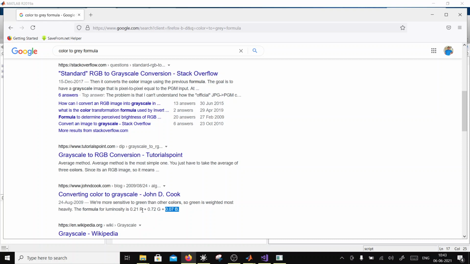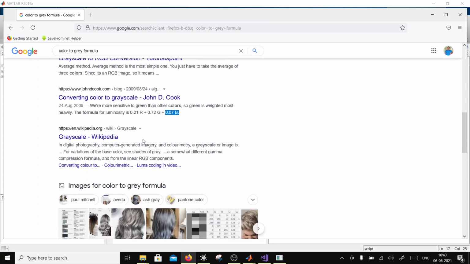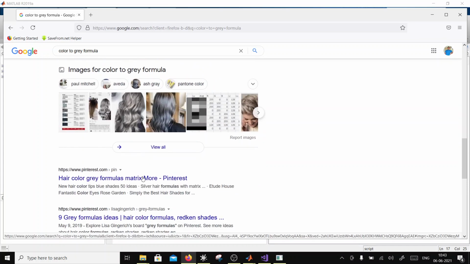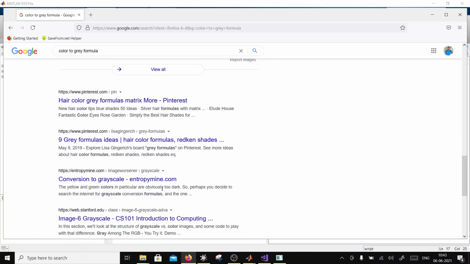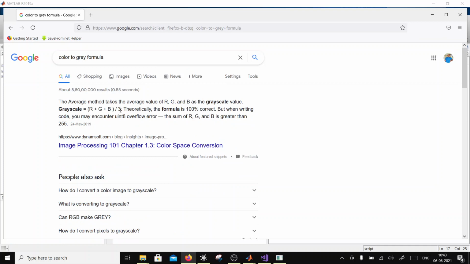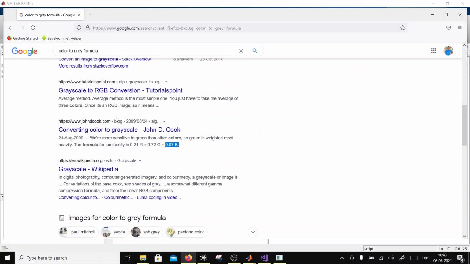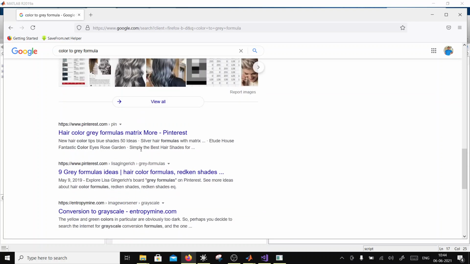So 0.21 plus 0.72 plus 0.07. So how sensitive our eyes are to which color, and accordingly we will convert it to the grayscale image. You can of course do a plain average, but then your grayscale will not come out to what your eyes are accepting, right? So that's there, which we'll do later.